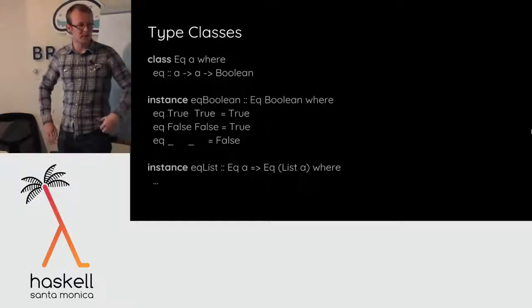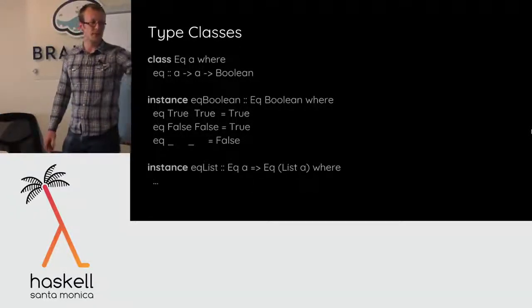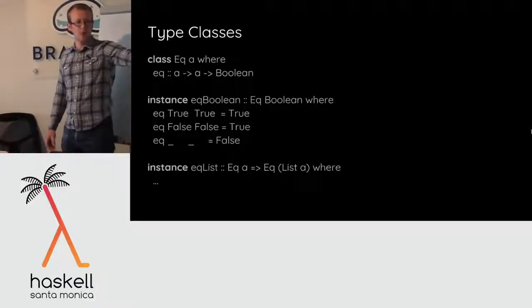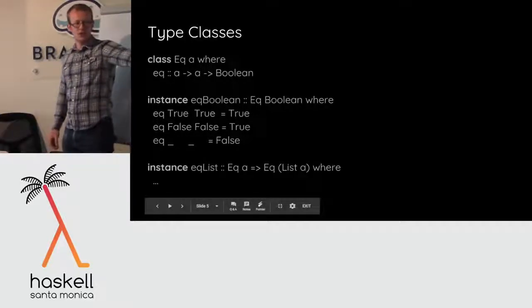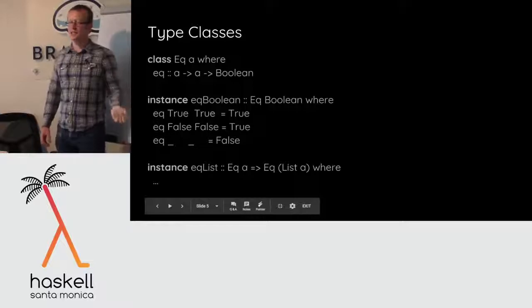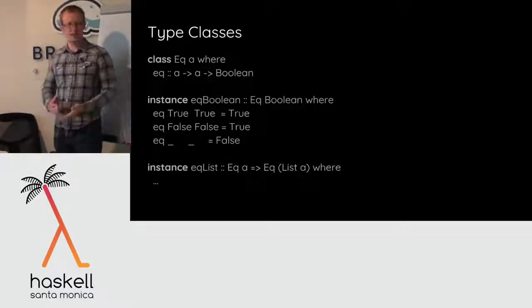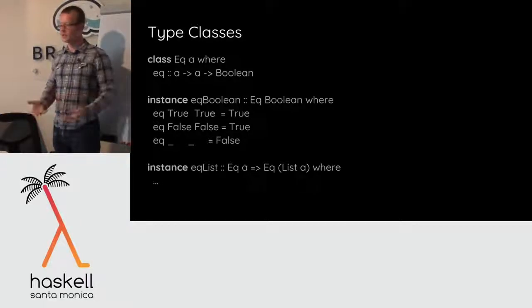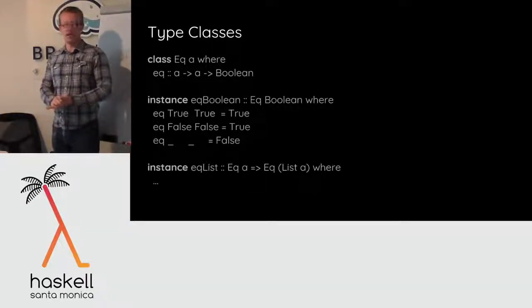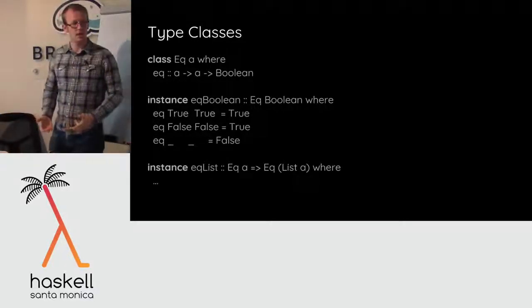And one basic but really useful feature of type classes is that you can build type class instances out of old type class instances, right? So if I want Eq for lists, well, I can give you a sensible definition of equality for any list type, as long as the elements themselves have a sensible definition of equality. Okay.